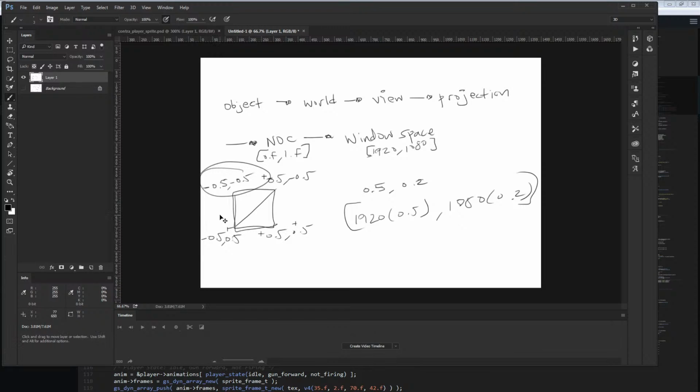So the best way to remember your transformation space, whatever transformation space you're in, is to think about what point in this pipeline, at least from a graphics perspective, you are actually in. Are you in object space, where you're talking about actual vertex information? Are you in world space? Like when we're dealing with bounding box collisions and we actually want to interact with the world, we're going to be in world space, right? Are you in view space, where we're actually interested in what the camera sees and how those things are manipulated within the camera's perspective? Are we in our projection space, where we talk about actually projecting that into a frustum,